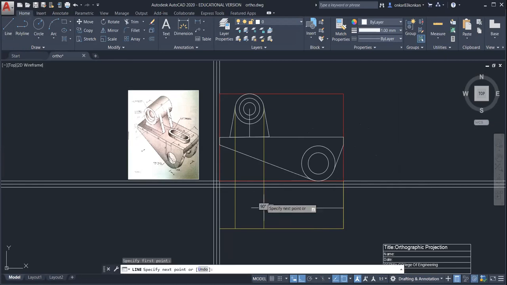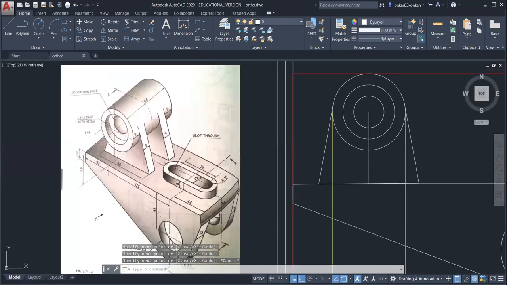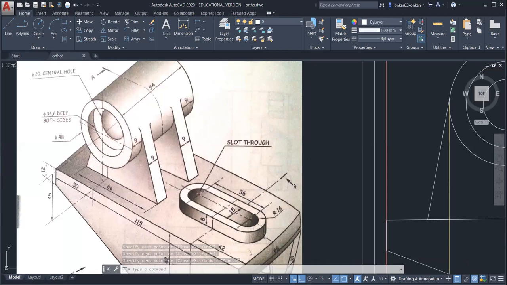From this point, take the line of 27 mm, and then you can draw this rectangle.